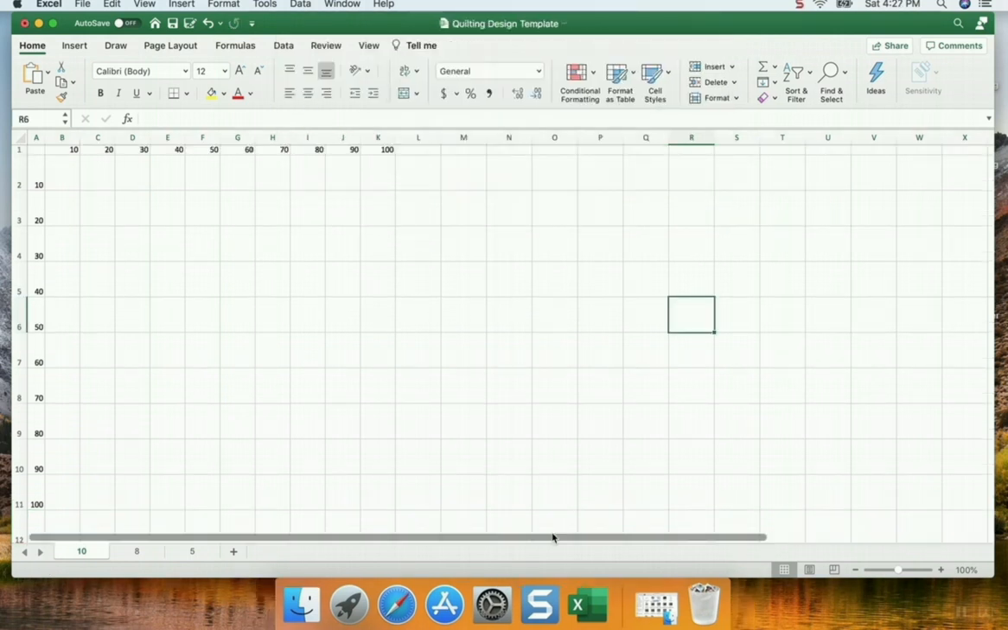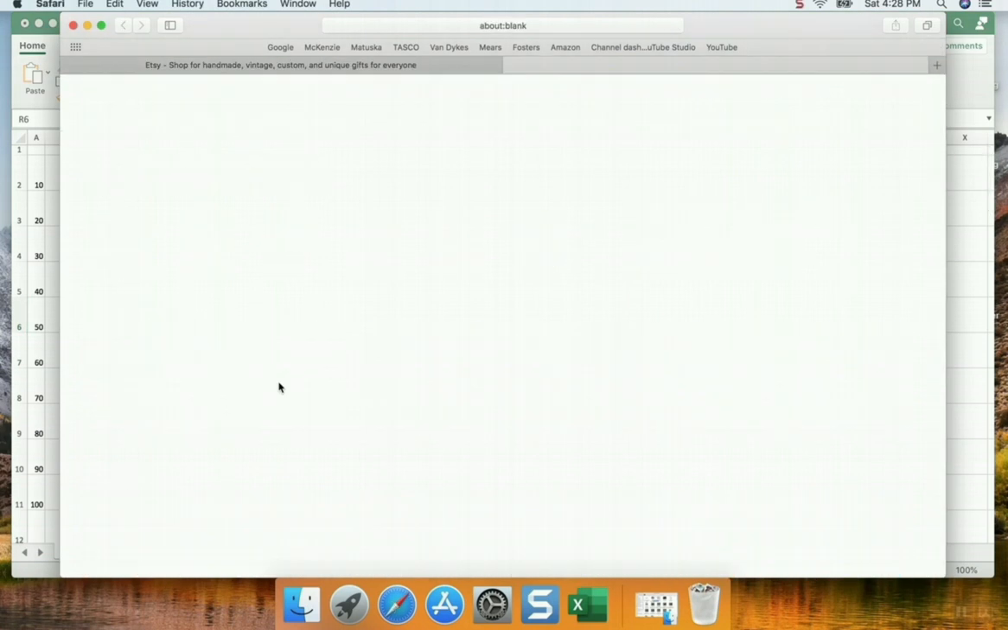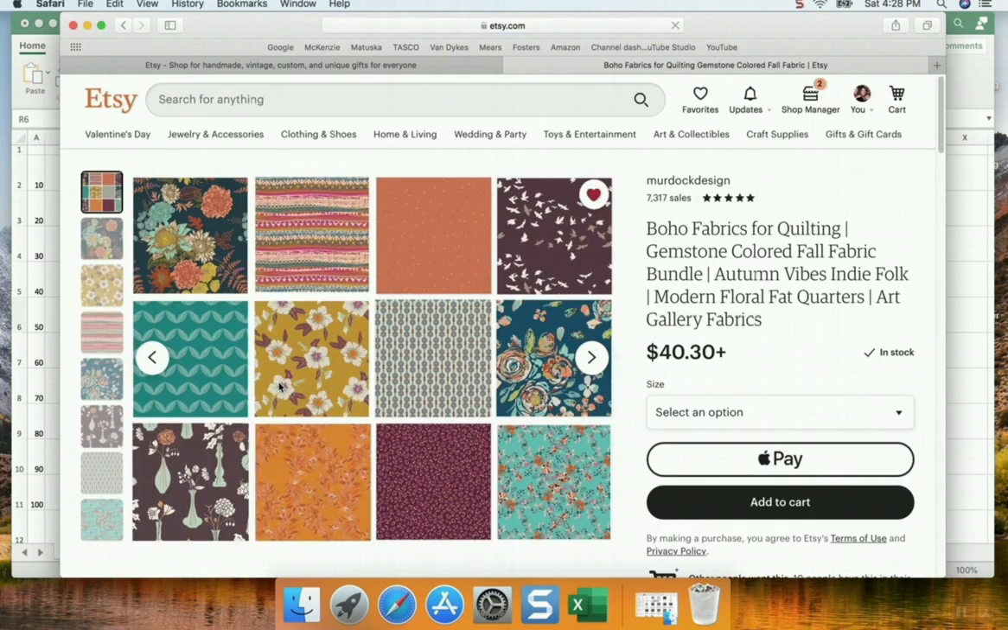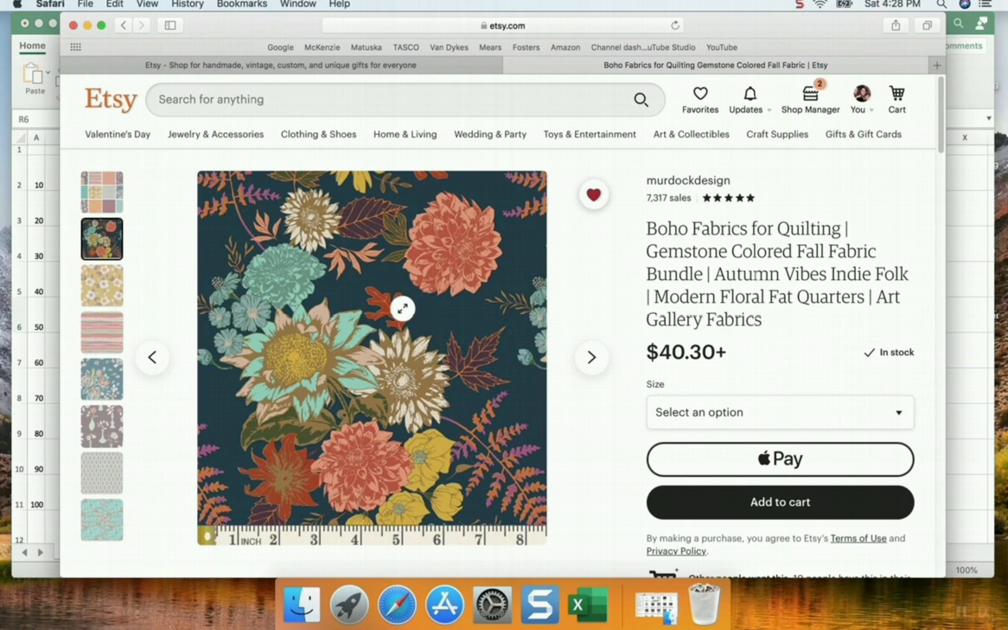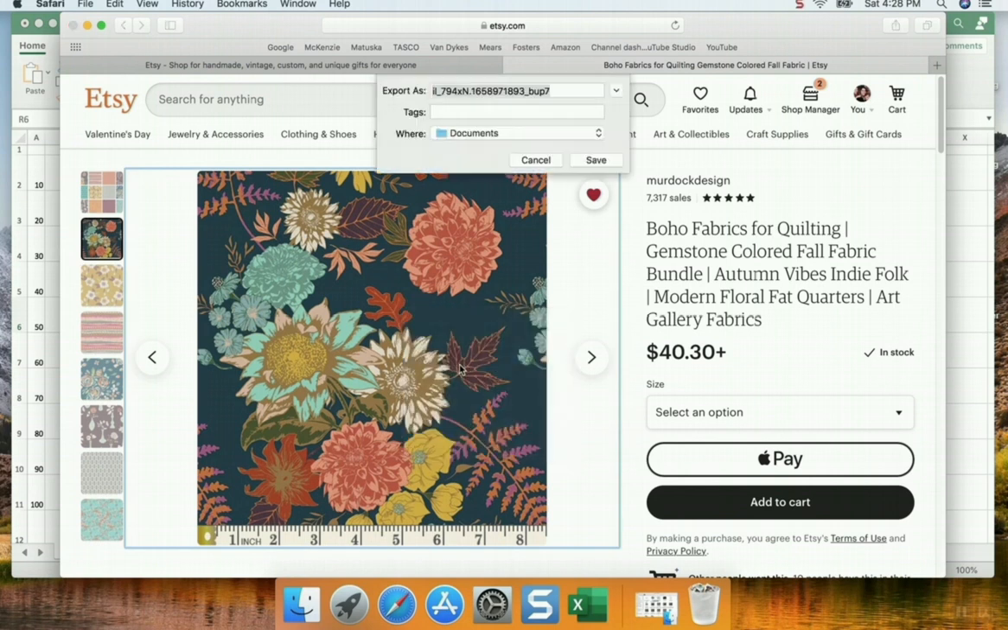Google, you can go to Missouri Star Quilt Company, which I love, or anywhere. It doesn't matter. But for this purpose, I'm going to go to Etsy and find a bundle of fabric that I like, just for the sake of showing you guys how to do this. So let's go on over to Etsy, and I'm really digging this material right now. So what I'm going to do is click on the fabric here, right click, and save image as,